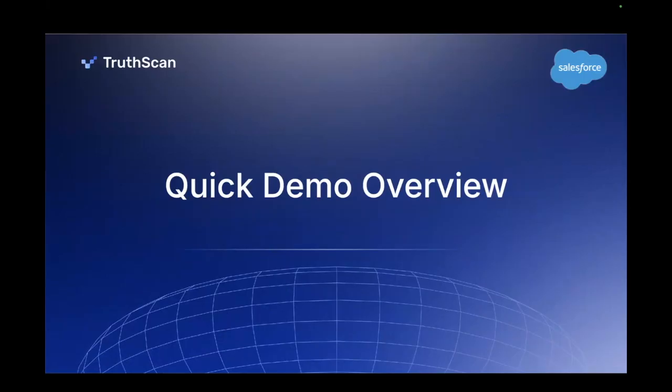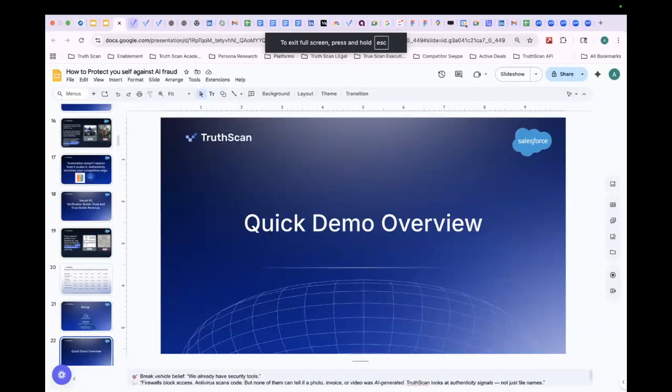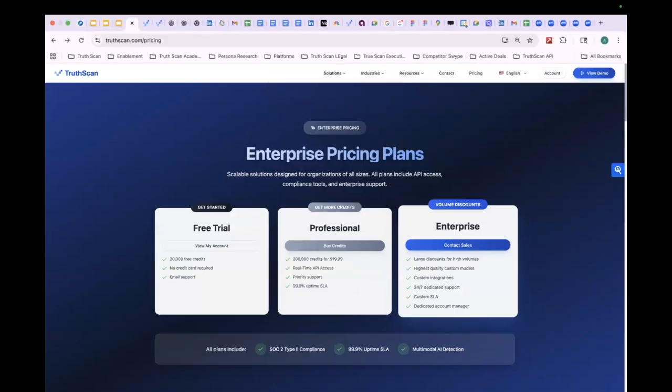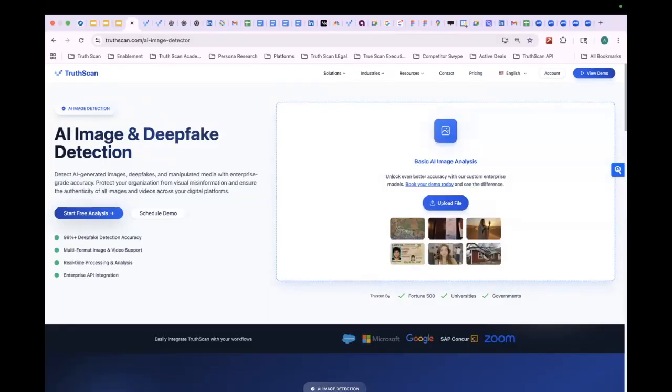We've done the legwork for you. And you can go right on our website. So, to give you an example, if you go to our image detector, we have a bunch of different ones. But let's just do this for the sake of this demo. We're able to get on here and let's detect something. You see fake IDs, fake pictures, different use cases, fake plots.